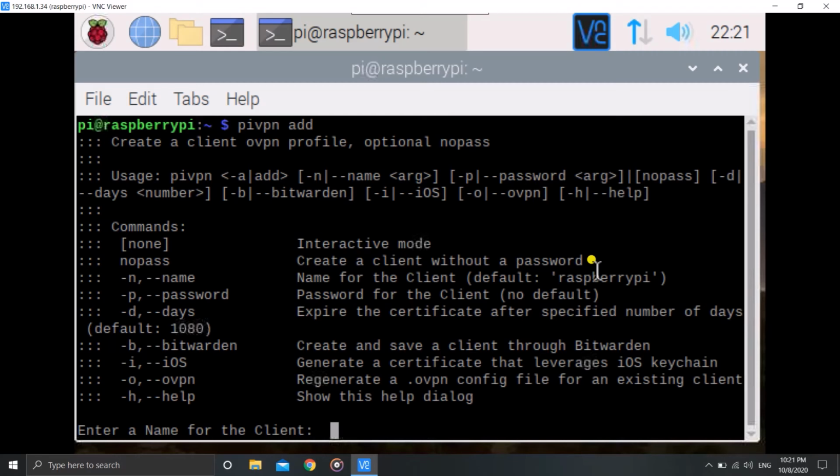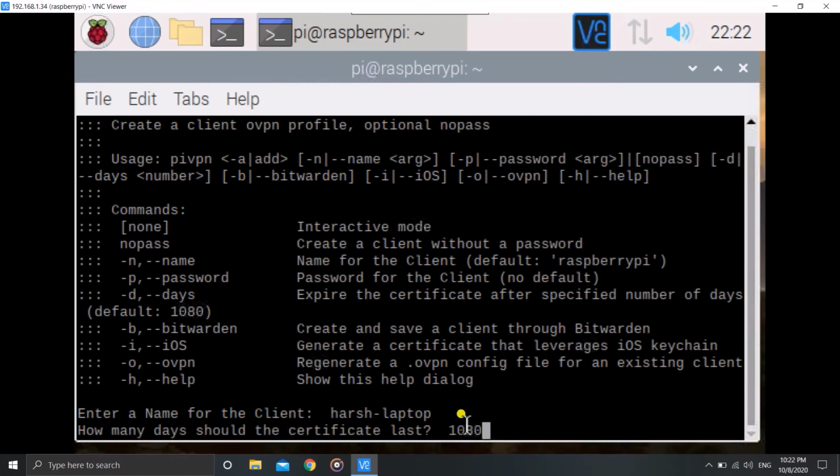Now we have to enter the name for the client. It can be anything. I'm using this for my laptop, so Harsh laptop. And remember, it's preferable to make a new OVPN file for each device, because it contains a key generated by OpenVPN, which it detects and allows you to connect. Thus just make many of those, because each will contain different encryption keys, so mostly people don't hack, but if they are able to, then all devices won't be accessible. So just do this, Harsh laptop, and this should be fine.